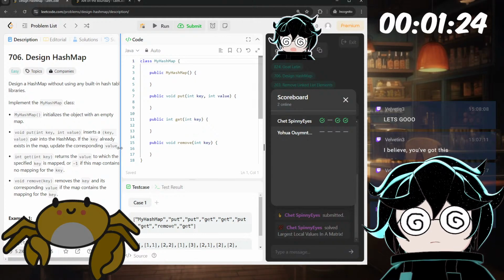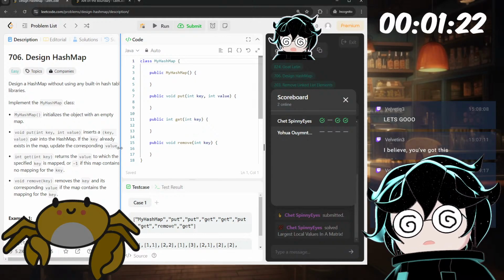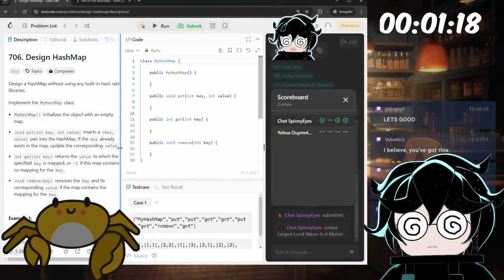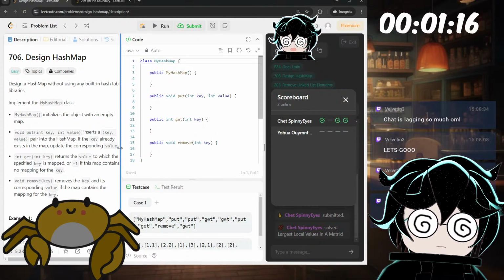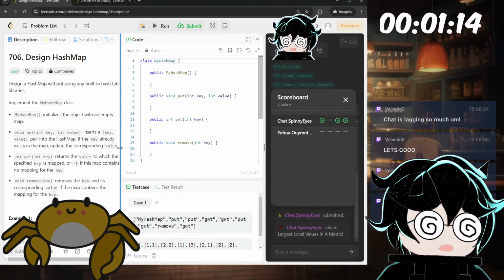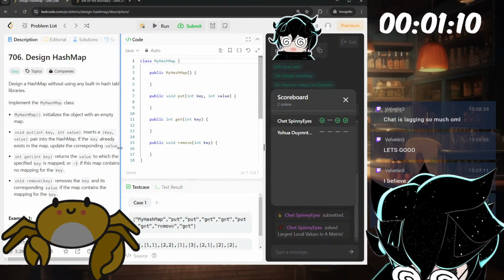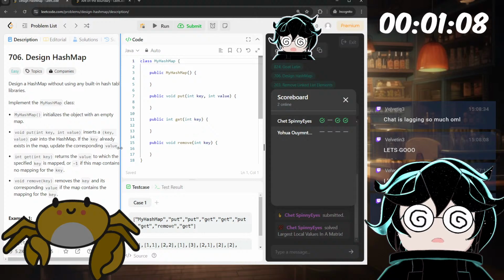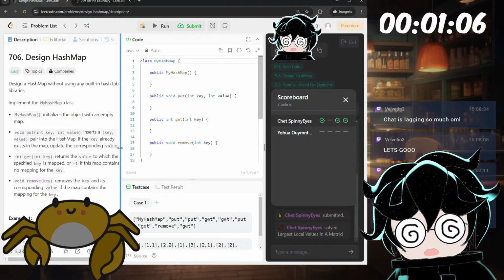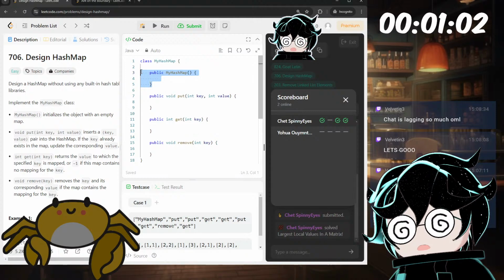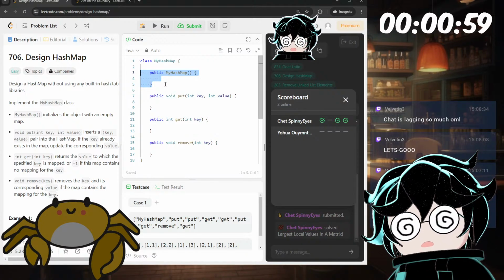So whenever you want to put a key or value inside, you compute an index of the array. Chat is lagging so much, oh my lord. Oh, is it? Maybe Twitch is extra slow today. So if you want to put a key, well, in the constructor, you would initialize an array, right?